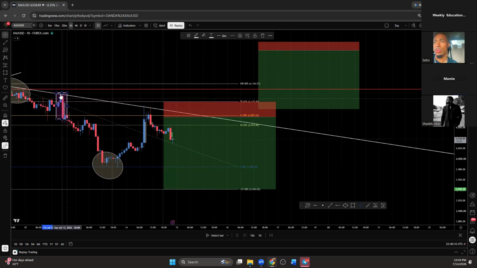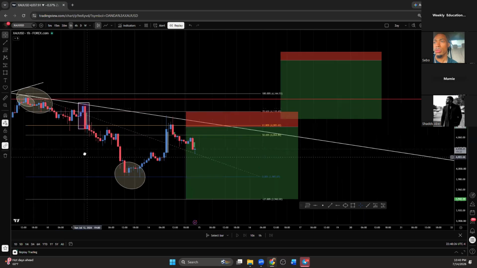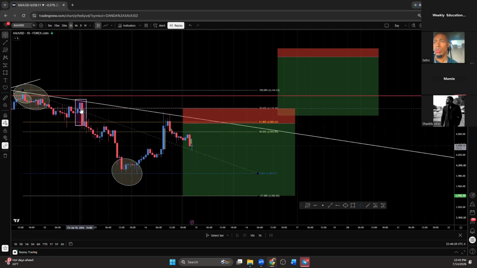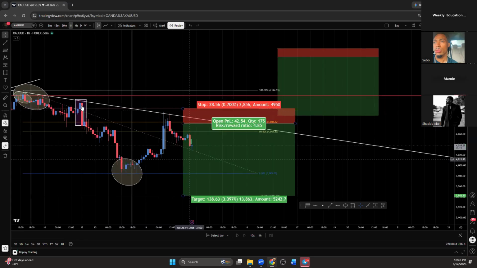It literally ate that candle. That blue candle formed, and then this red candle came through and just smoked it. It looked like it's three times as big as this candle, maybe even four, right? But not only is this a bearish engulfing candlestick pattern, this is also an order block, a bearish order block, which means that when market comes back to this area, it should sell off from there, right?